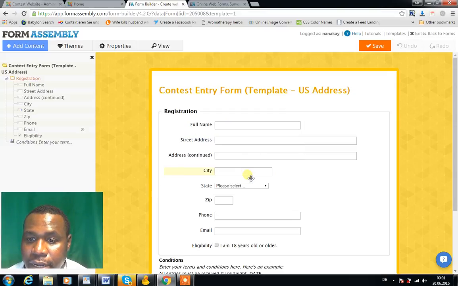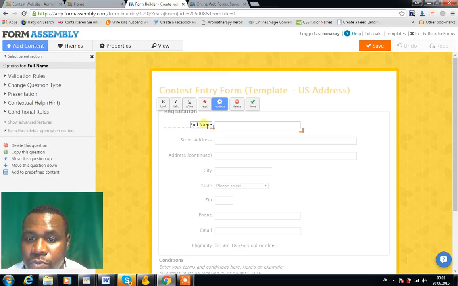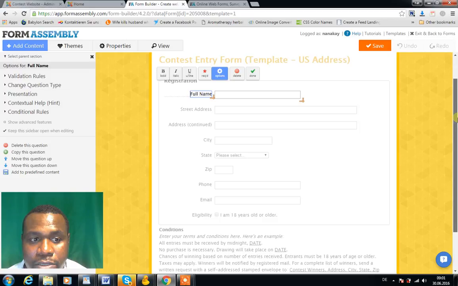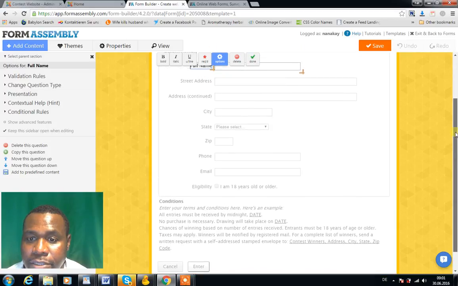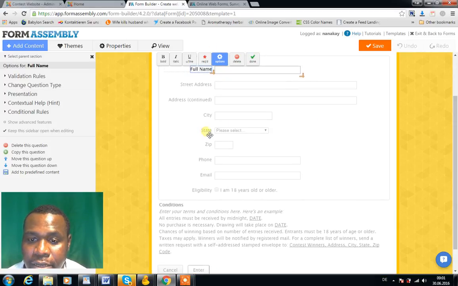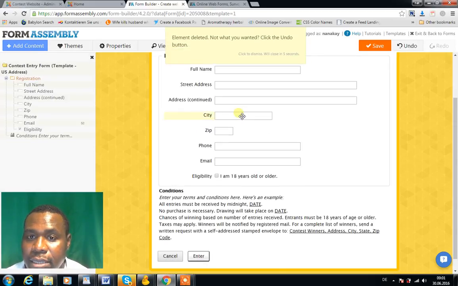Just simply click ignore here, and it brings you here. This is where the name of the form goes. Then this is where you start putting any information you wish to gather from the contestants or the people who wish to sign up into whatever it is that you're putting out there. First thing we want to do here, if you're not from the United States, is click here and simply delete this field, because it takes in states and cities from the states. And in place of that, what I would do here is